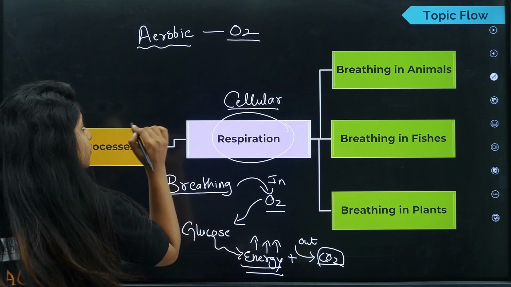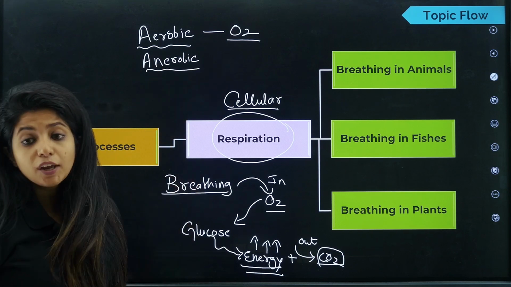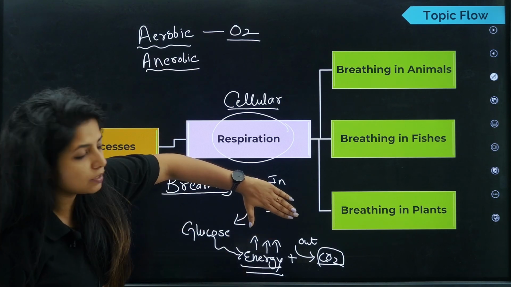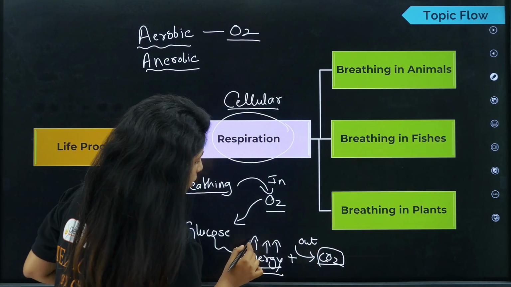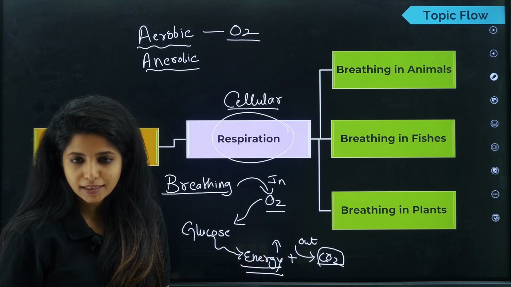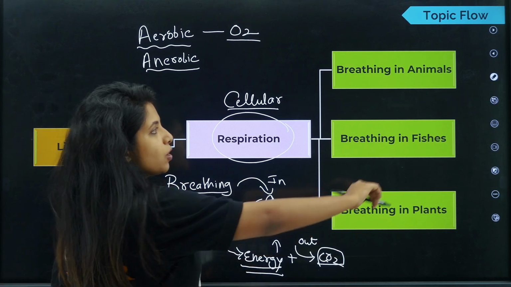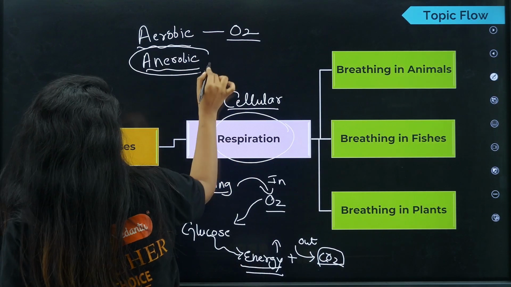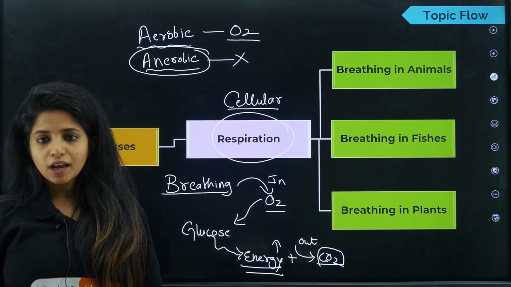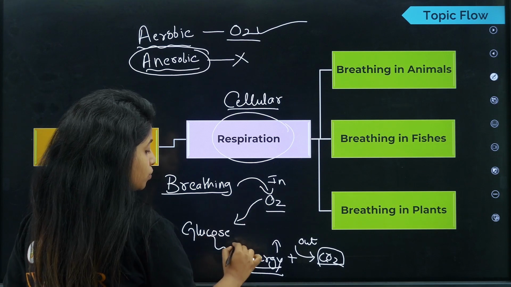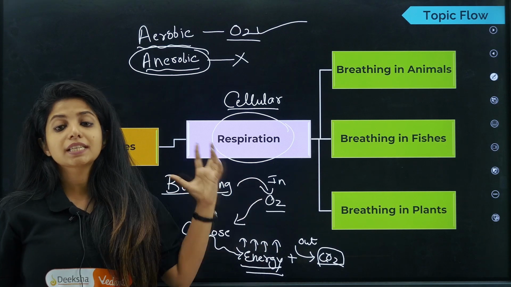On the other hand, when in our body there is not much oxygen, anaerobic respiration happens. That means just omit the oxygen. Glucose will still be broken down to energy, but the amount of energy formed is what, children? Very, very less, and there could also be formation of something else which we do not need. So in our body, we generally do not prefer anaerobic respiration and we cannot sustain with it. It is okay for some time, but not always. We always need oxygen such that glucose is broken down into much energy and everything goes smooth. So respiration and breathing are kind of different.